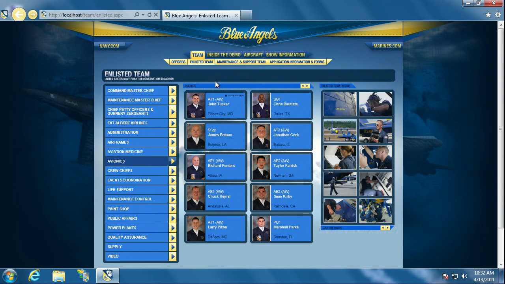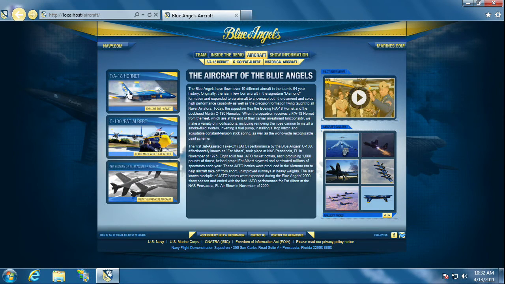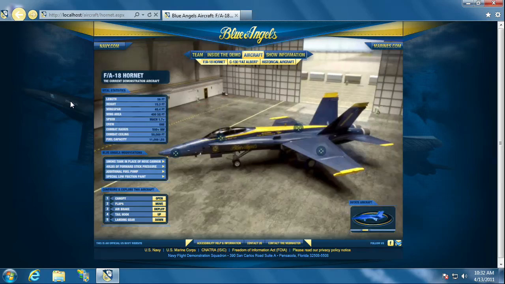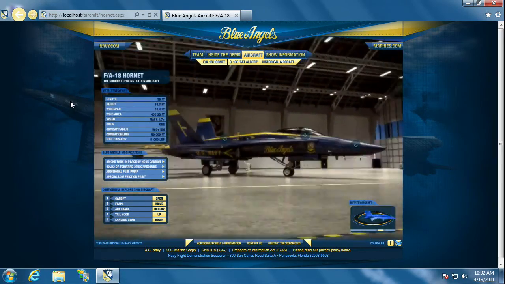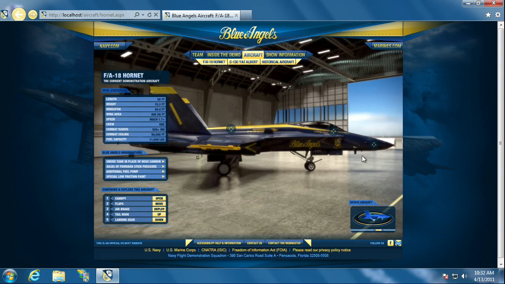Now, of course, the team members are the most important elements of the organization. But the thing that gets people really excited is the shiny blue jets. So we're going to jump over to the aircraft section, and we're going to take a look at the FA-18 Hornet, the blue jets. Now here we've taken a really high-resolution 3D model, and we've created an interactive experience that lets visitors and potential recruits learn more about the aircraft. So you can actually take it and rotate it around. You can also click on interactive elements that show you, in this case, the different modifications that